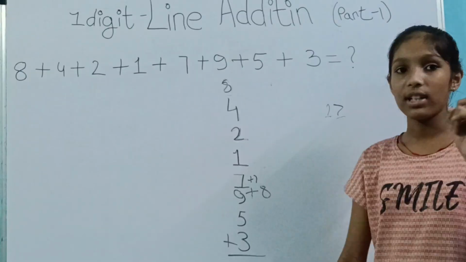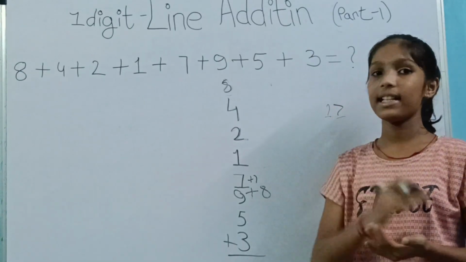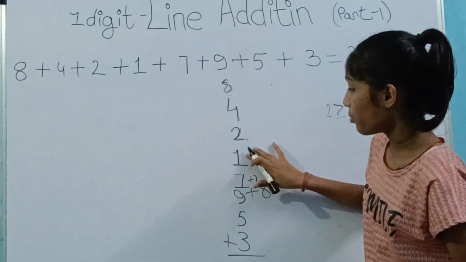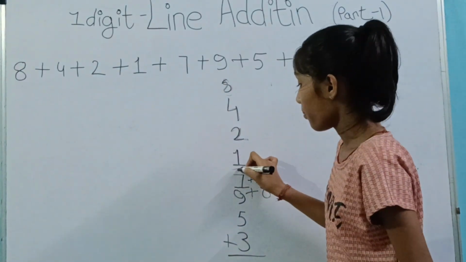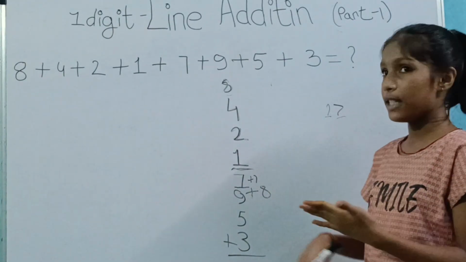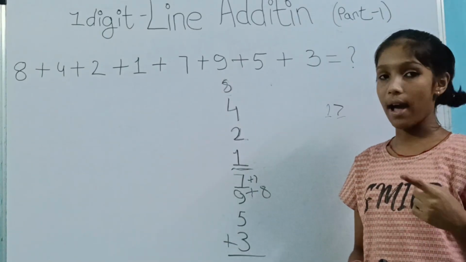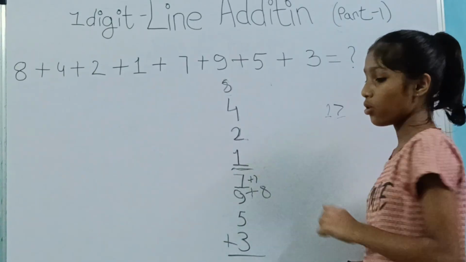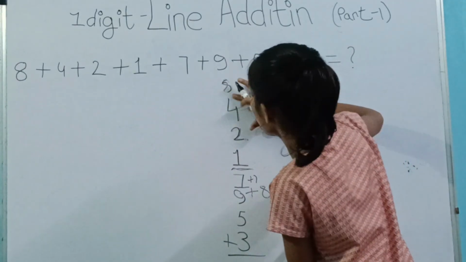So 7 plus 7 is 14. Again 14, a 2-digit number greater than 10, by how many? 4. So we'll add 4 to 1, which is 5. We'll make a line here because we're dropping the 10 and transferring the number in the ones place to the number 1. So we do 4 plus 1, which is 5, and 5 plus 2 we get 7. 7 plus 4, we get 11.